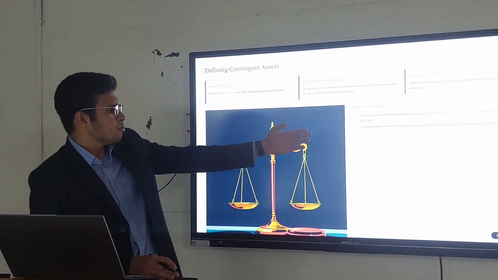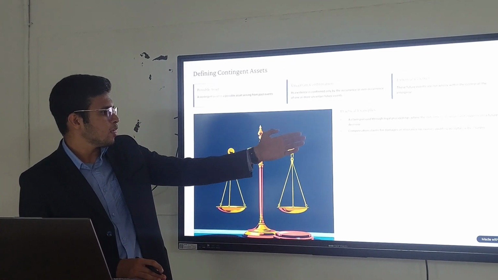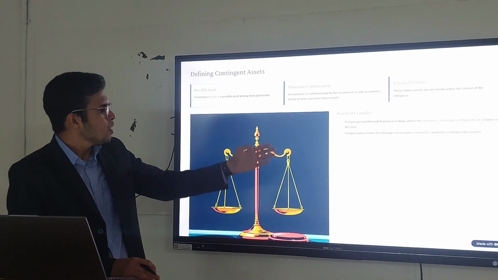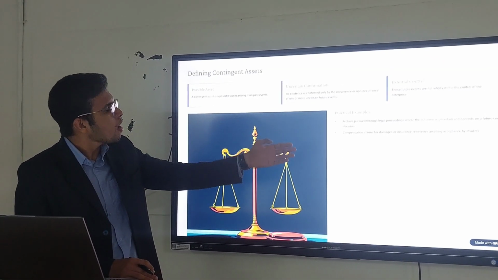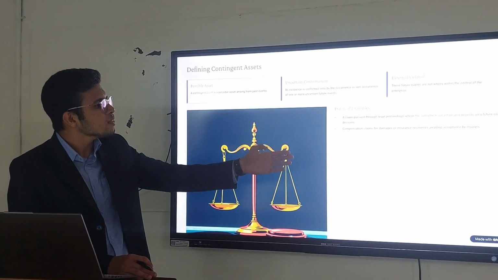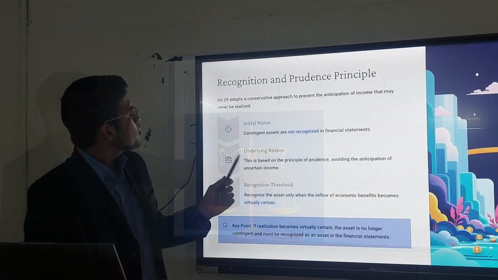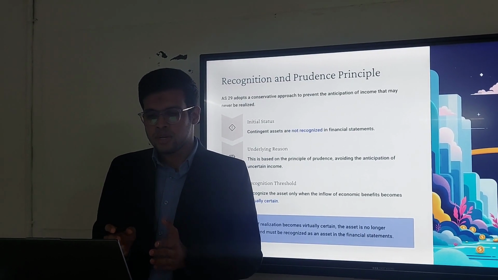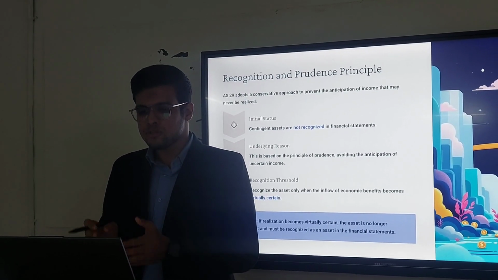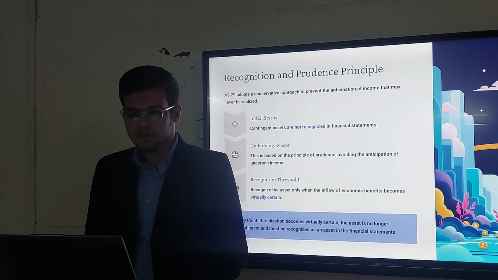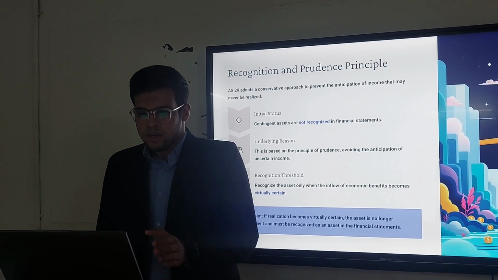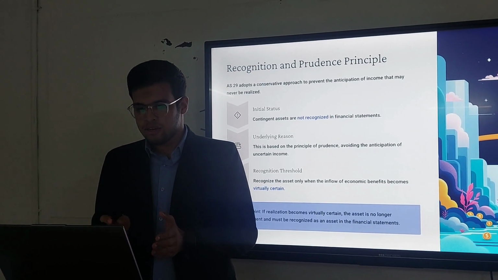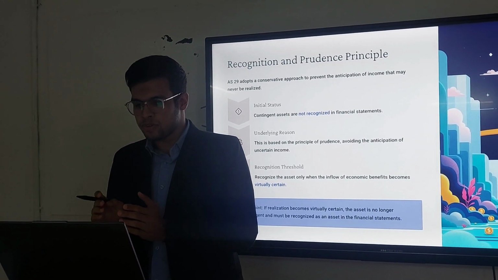Here are the practical examples. First, a client pursued through legal proceedings where the outcome is uncertain and depends on a future court decision. Second, compensation claims for damages or insurance recoveries awaiting acceptance by the insurer. On the prudence principle, AS29 adopts a conservative approach to prevent the anticipation of income that may never be realized. AS29 prohibits the recognition of a contingent asset in the financial statements until the realization of income is